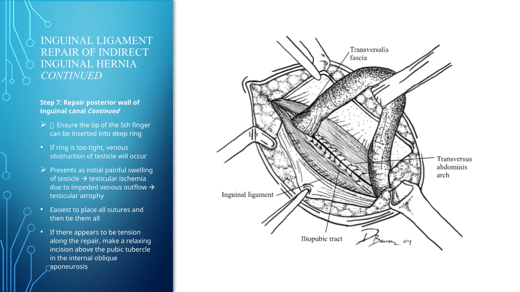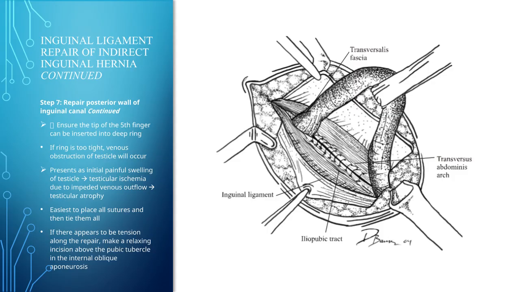If the repair appears tense when you try to approximate the tissues, make a relaxing incision in the anterior rectus sheath, just above the pubic tubercle. This is a vertical incision in the aponeurosis that allows the upper flap to slide down, dramatically reducing tension on